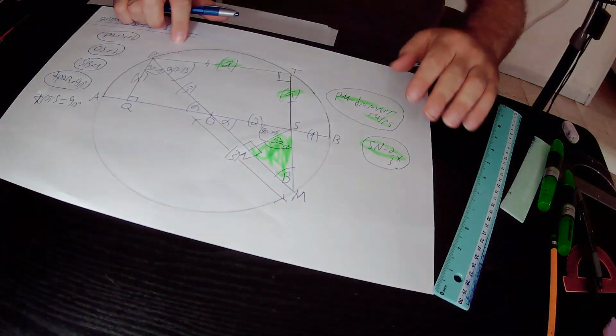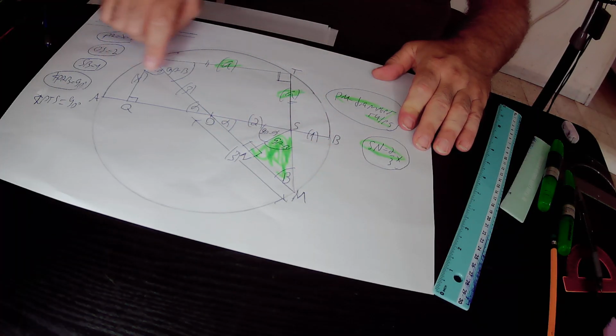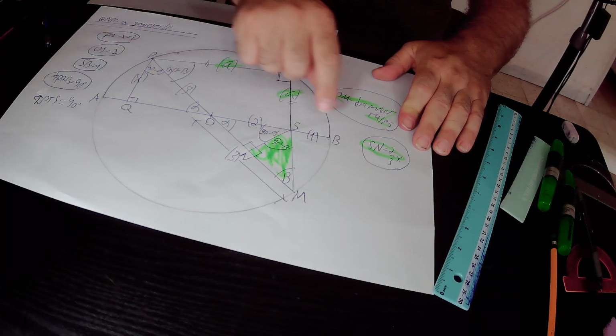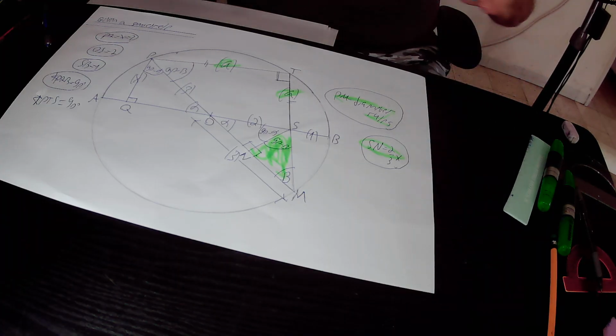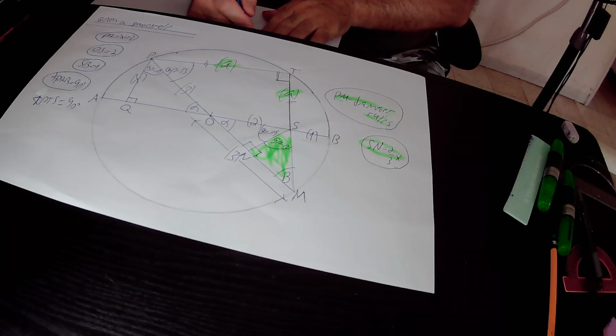Why? Because in our drawing we have chord TM that intersects with chord AB at point S. Again, chord TM intersects with chord AB at point S. So all the requirements for all 15 are satisfied, and therefore we can implement all 15 here. So I'll write it down. In our original drawing, we have chord TM